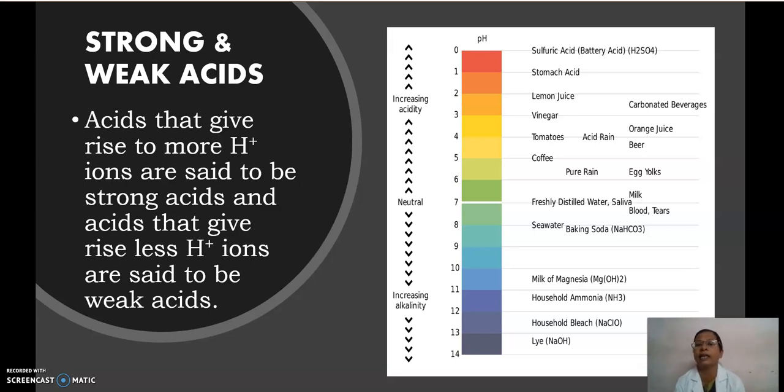Then on the right side, again I show that color code. Sulfuric acid is highly reddish in color. Then lemon juice, tomato, coffee, such things I have written. Then milk of magnesia is basic and the color is blue. Then when it reaches sodium hydroxide, highly basic, the color comes to violet. So remember, the range of the pH scale is 0 to 14, and 7 indicates neutral. From 0 to 7 it indicates acidic, and above 7 to 14 it increases the alkaline nature.